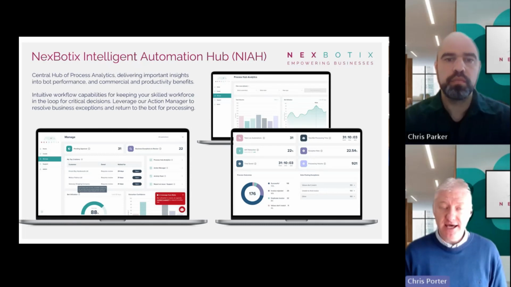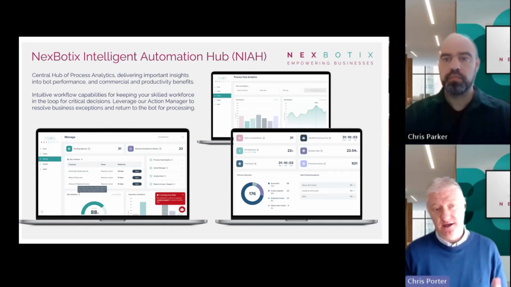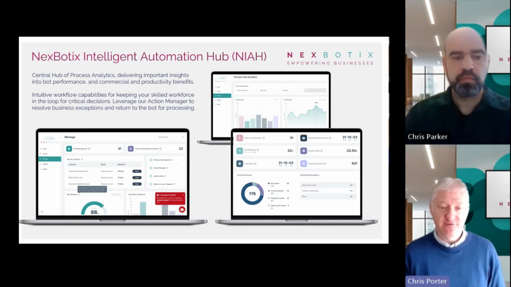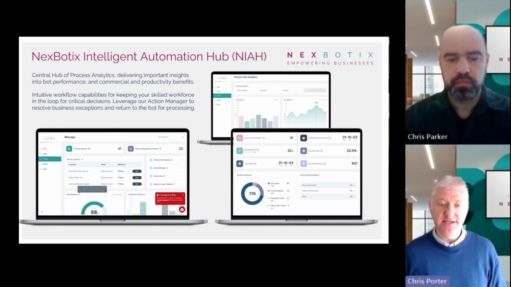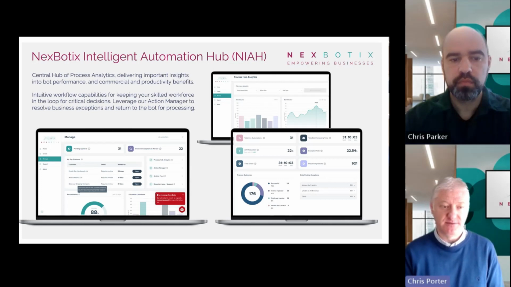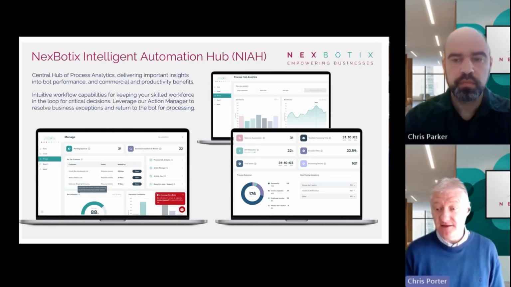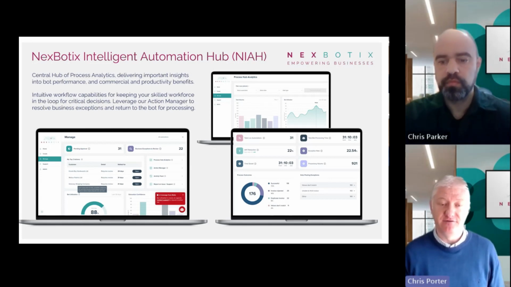And finally, for my little bit here, I'll just touch a bit more on NIA. So NIA is our human in the loop management platform. So quite unique to us as an organization, very outcome focused, very customer focused. And this is the platform where the users, so it might be a finance assistant or an HR manager, the users actually interact with the system to manage any exceptions within the process. There's always going to be exceptions. Exceptions aren't a bad thing. In fact, they're a good thing because it means you can pull out any outliers and fix them before they